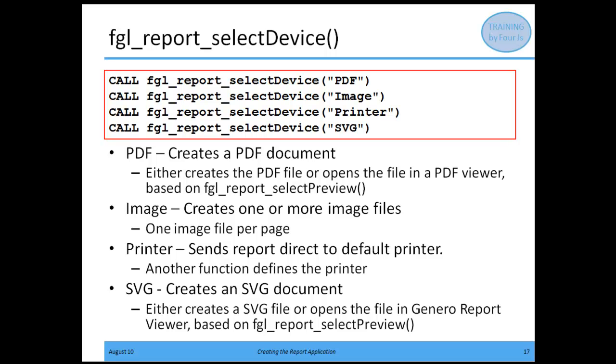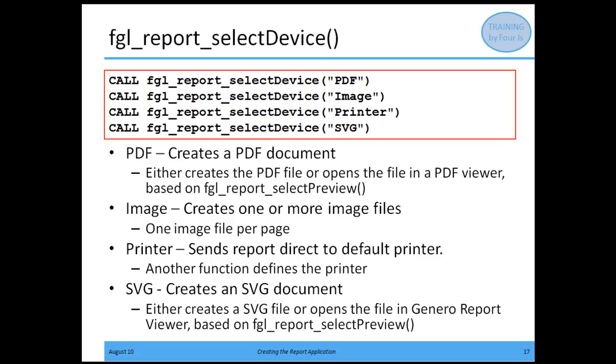Whether it just creates the PDF file or whether it opens the file in a PDF viewer will depend upon your setting for FGL report select preview. If you have image, it's going to create an image file, 1 image file per page. If you select printer, it's going to send the report to a default printer, and we have other functions out there to define the printer. And finally, if it's SVG, it's going to create an SVG document, and that's going to open it up in the Genero report viewer if you have FGL report select preview set to true, otherwise it's going to create an